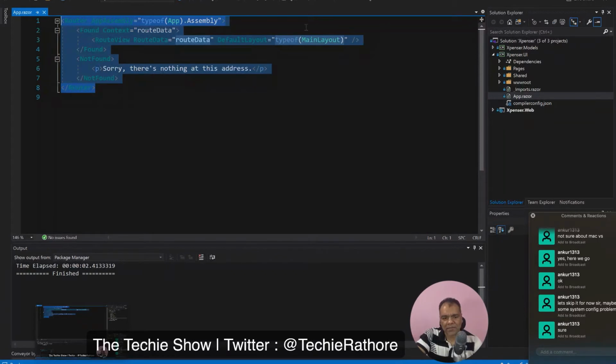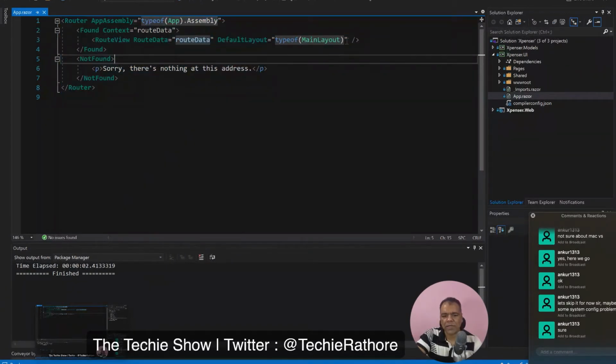Okay, and it has the main layout. That is your type of main layout. Right now we are using this main layout as the layout which is being used throughout the application, and we will understand layout in a much better way when we implement login in our application. So we'll implement login, and we'll use two different layouts, authorized, unauthorized, and all those things. So when we use that, we'll understand it in a much better way, but right now this is how it is being used. Okay, so this router is basically the main routing engine. The URL routing which happens in Blazor is done by this app.razor.